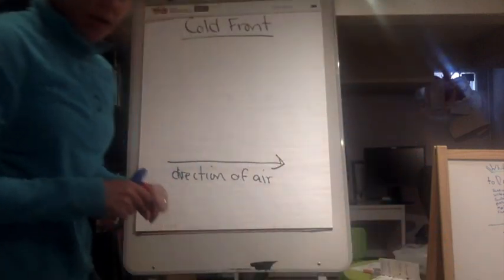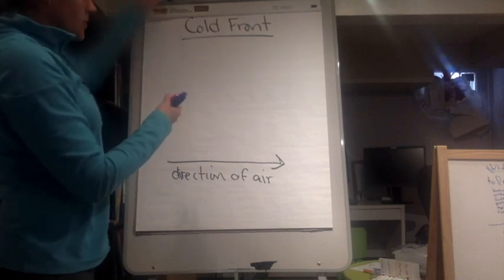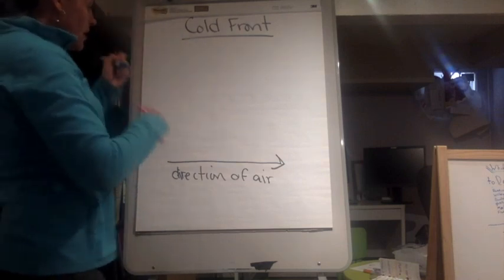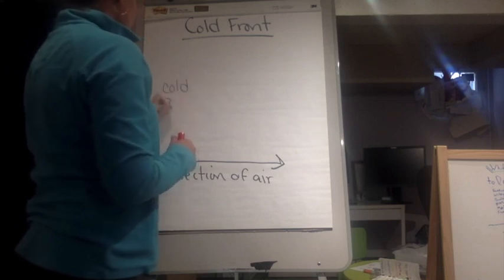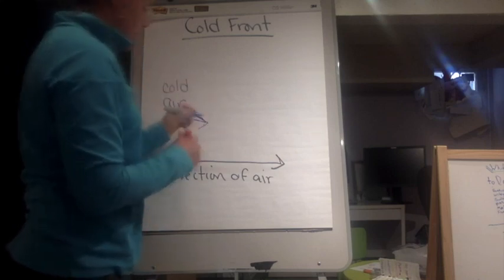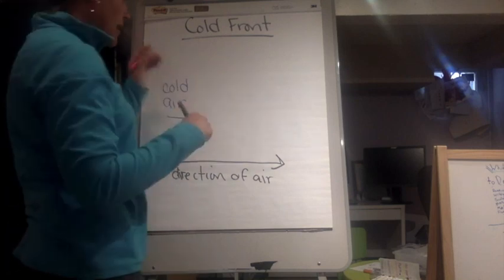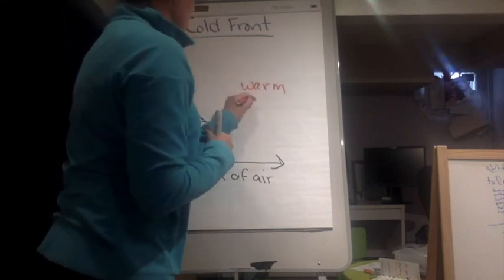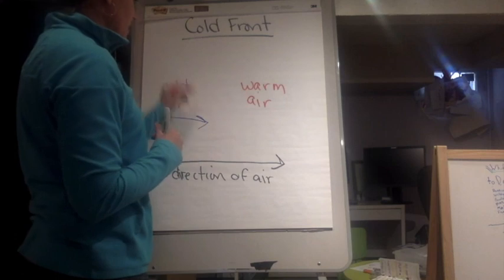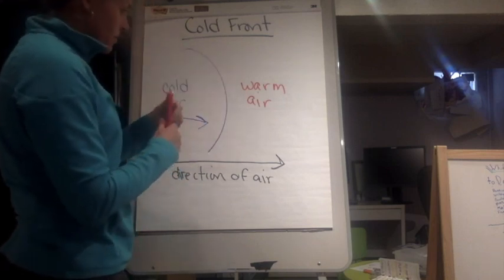Then I'm also going to take my blue and red markers and I'm going to be drawing where the cold air is happening and what is happening with the warm air. So the first thing is that this cold air, because it's called a cold front, this cold air is moving in very quickly. And what happens is there was a warm air mass in that area, and when we draw our warm air on the other side, okay, so here's that cold air moving in, here's the air mass boundary,